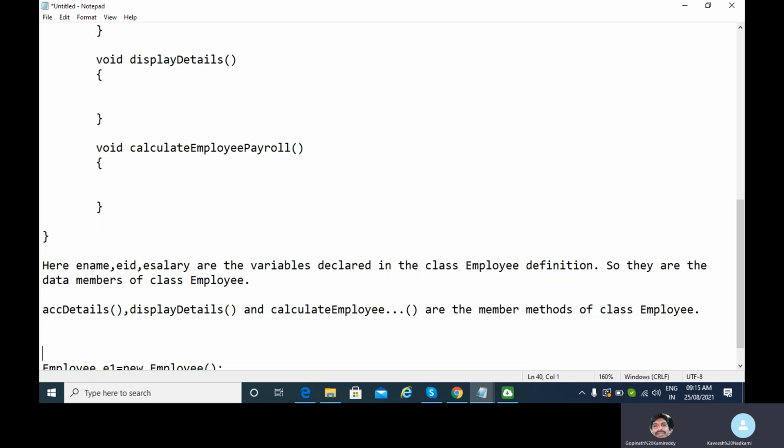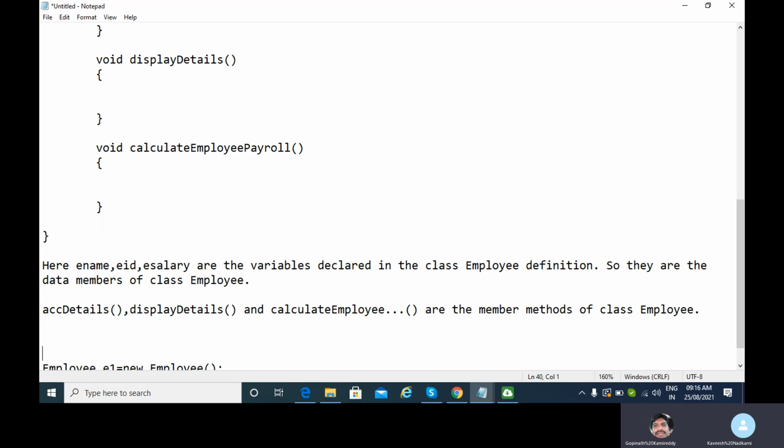It is the physical form which the class takes at a particular instance of time. For example, if I have defined the class employee, the objects of the class employee, if I'm talking regarding the employees working in a particular company, will be the actual employees of that company, Gopinath.